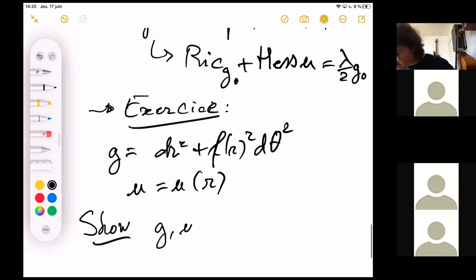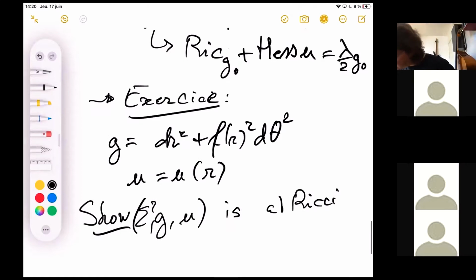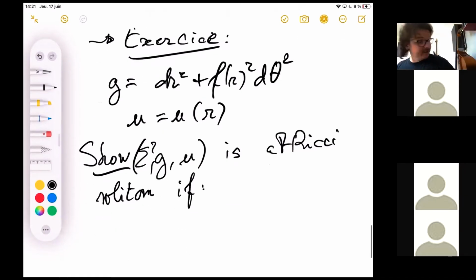So show that, on the surface, let's say, g is a Ricci soliton, a gradient Ricci soliton, if... this boils down to a system of ODE,